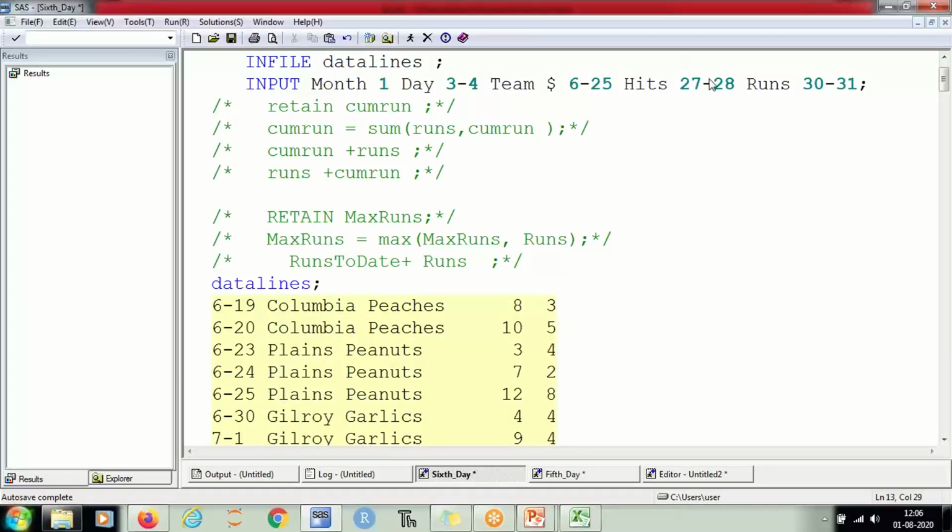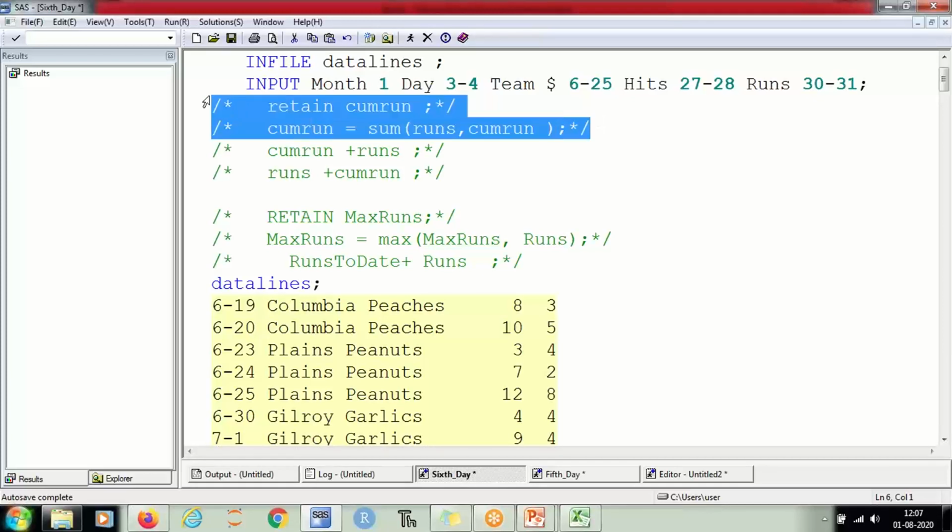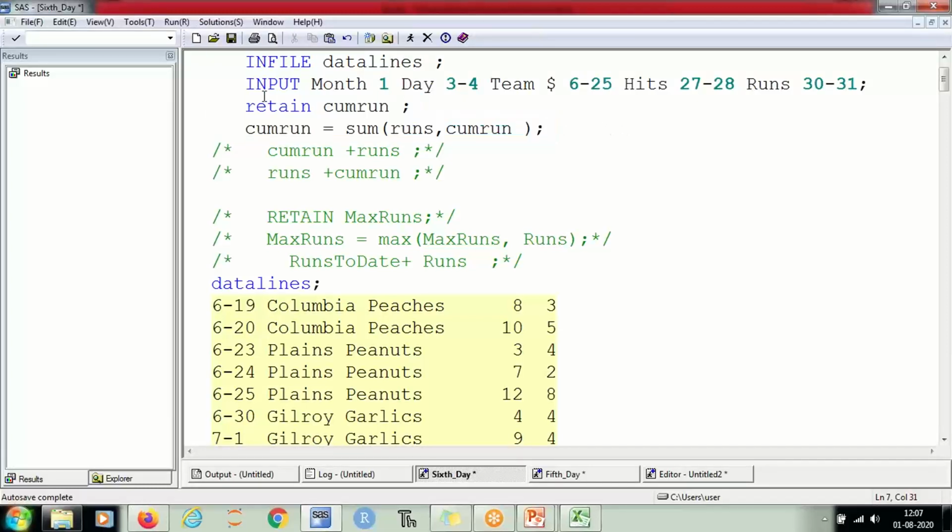There is a retain statement. What does retain do? It retains the value from the previous iteration. Let me uncomment this and show you.